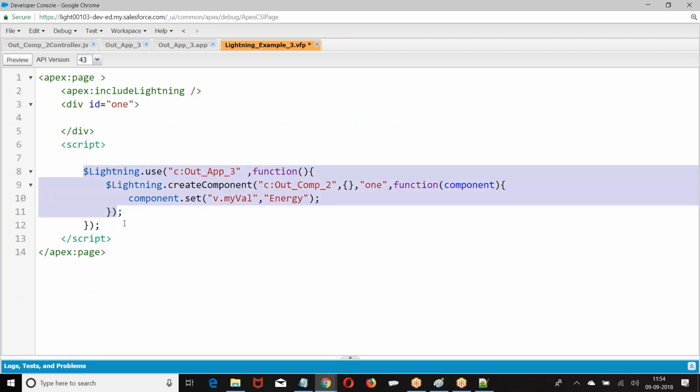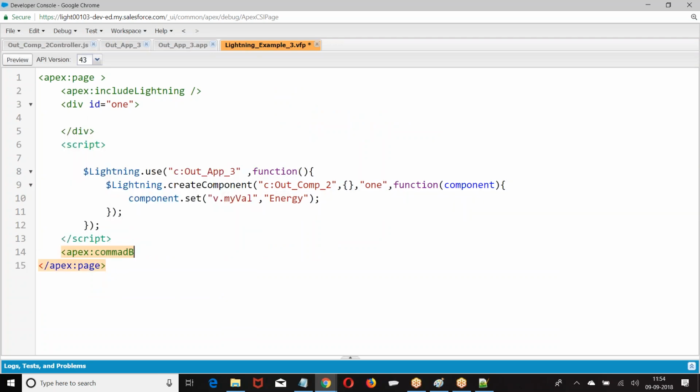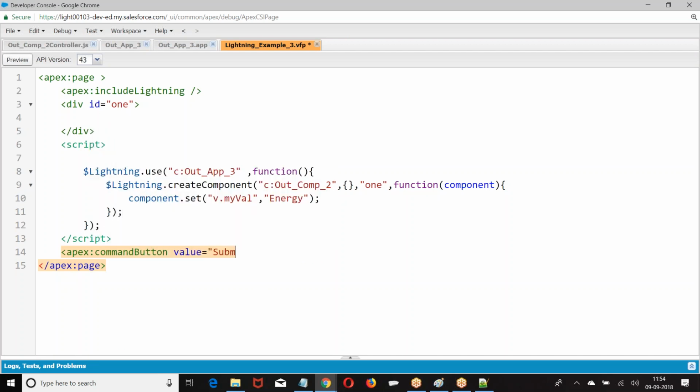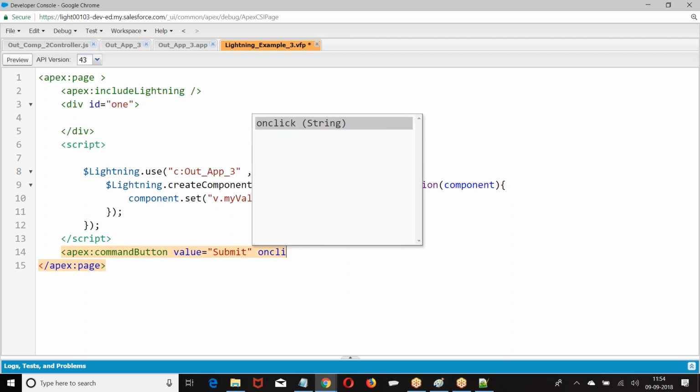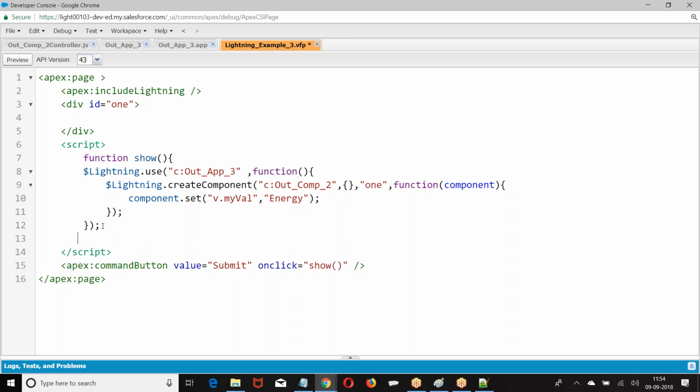Now this is loading directly. You don't want to load it directly. As I wrote it directly, it is firing automatically.